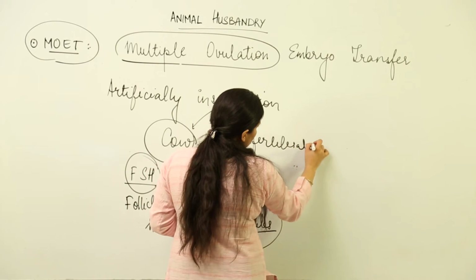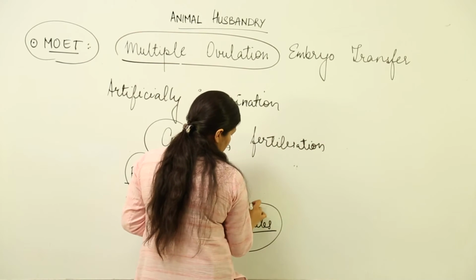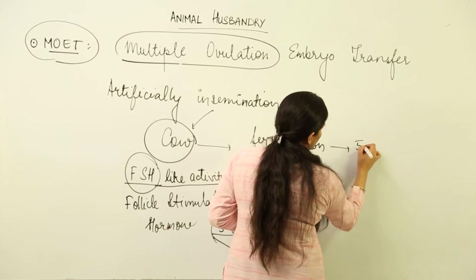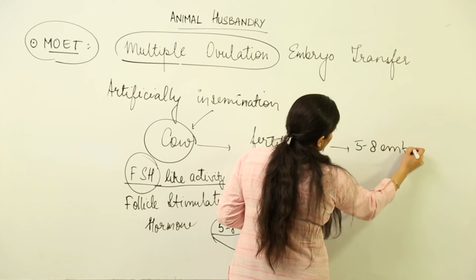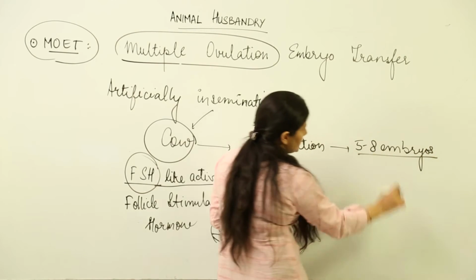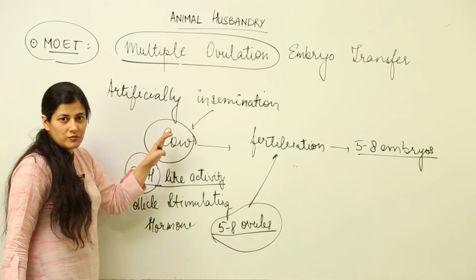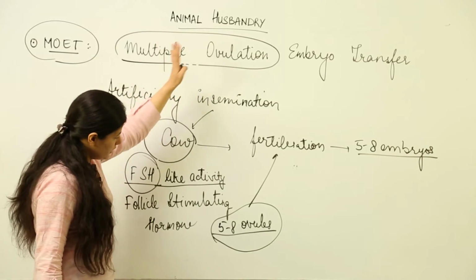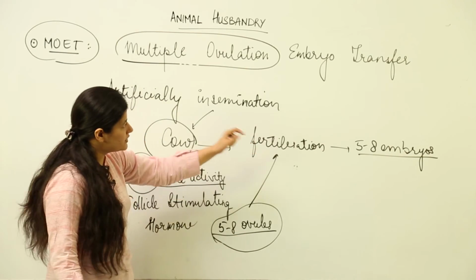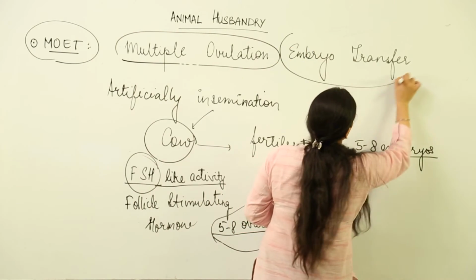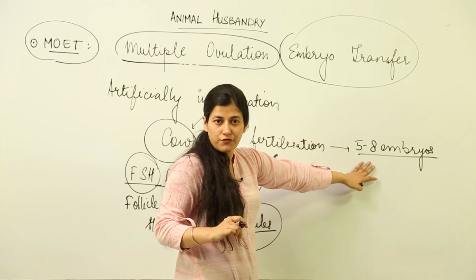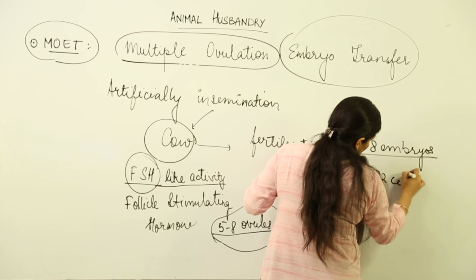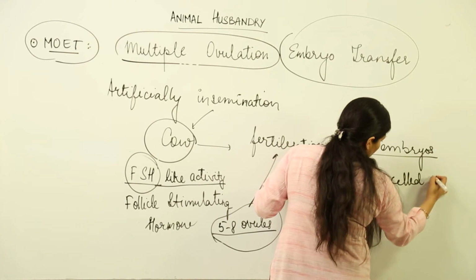That's what is taking place. Artificial insemination takes place, 5 to 8 ovules are there, and we are getting 5 to 8 embryos inside the cow which is being subjected to MOET. Now one thing is done: multiple ovulation is done, then ovules are formed and fertilized. The remaining part is embryo transfer. When the embryos formed inside the cow reach the 8 to 32 cell stage, I am referring to the morula stage,